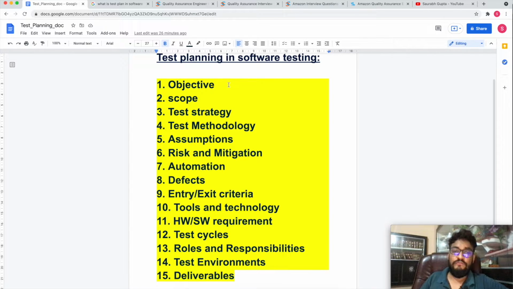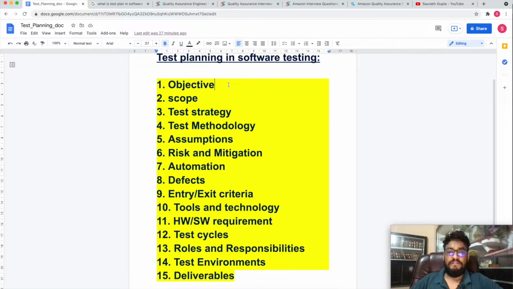So the fifth point is assumptions. In assumptions, what you basically mention is what assumptions you are making. There are a lot of situations where assumptions come into the picture. For example, you will provide a sign-off when 80% of test cases have passed and no critical bugs remain in your application. A lot of things are there where you can make assumptions. What if a risk comes, what will we do as the next step? That kind of assumptions you can make.